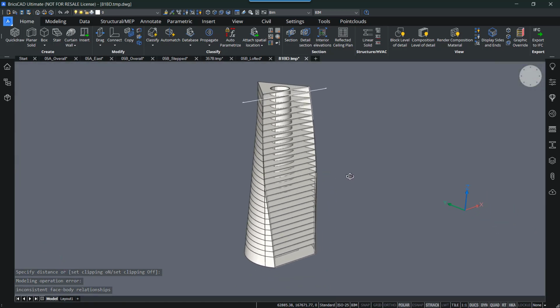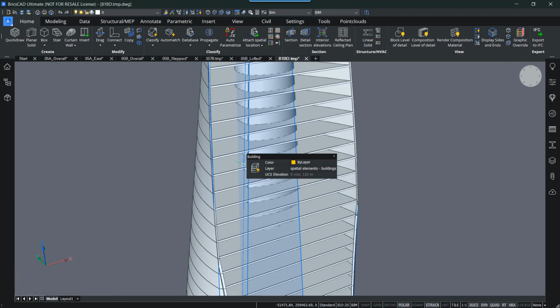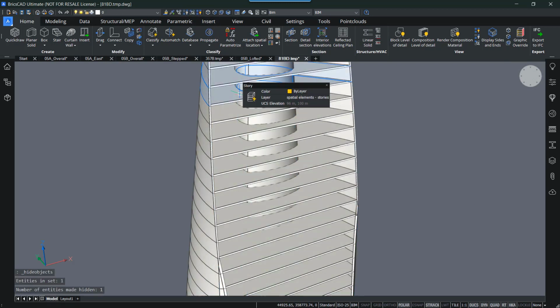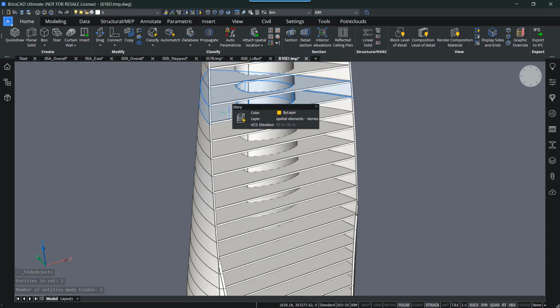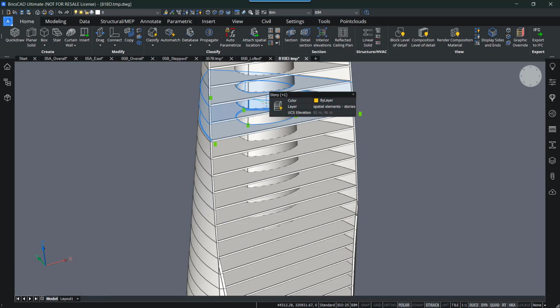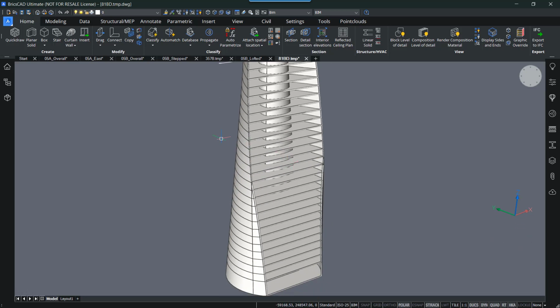everything looks pretty nice. If I hover over some entities, I can see a certain building story, slab, wall, so everything is nicely classified as well.